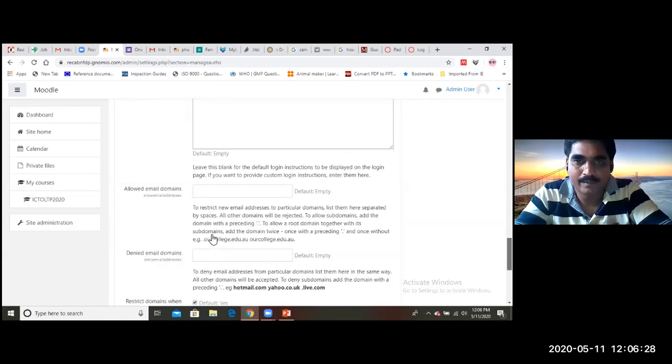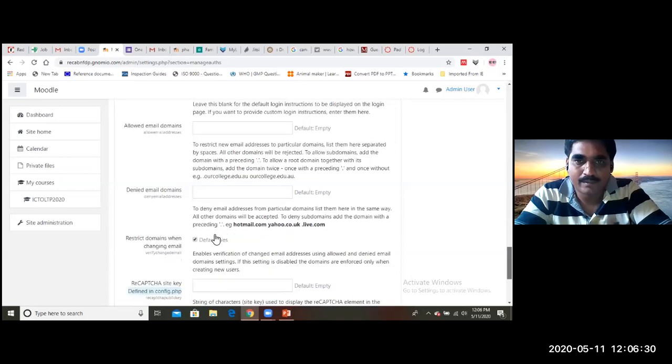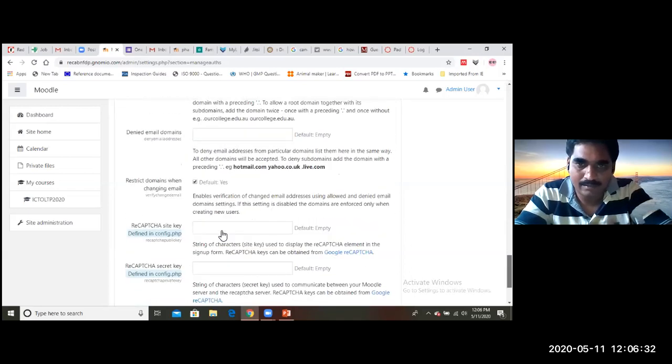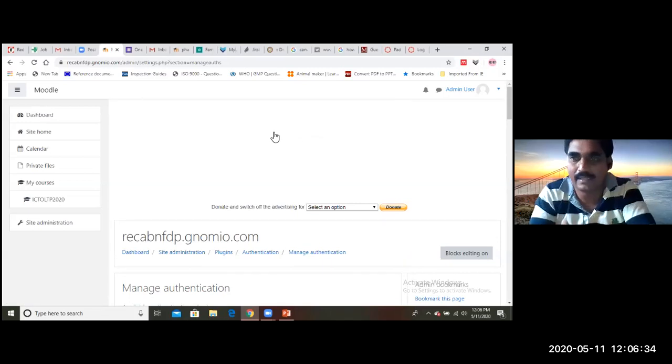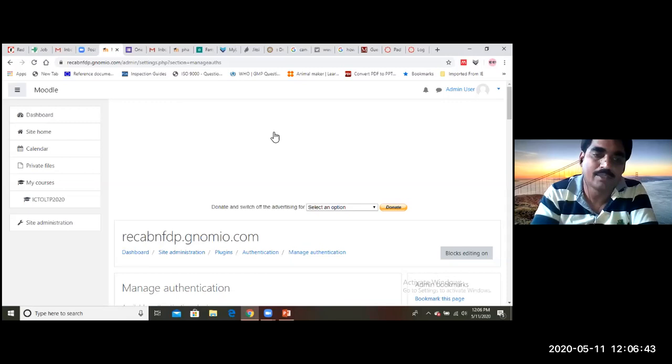So you can activate different types of enrollment methods in your course, so that students or other persons can enroll into these sites.